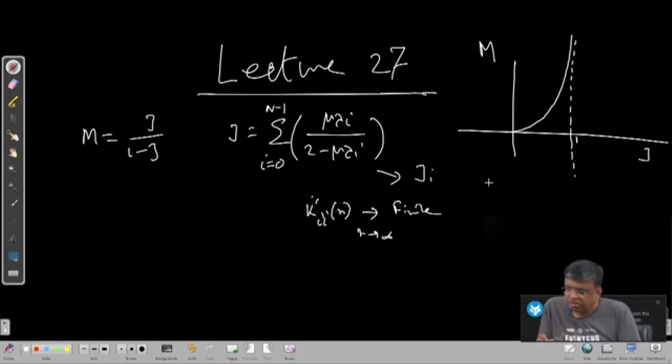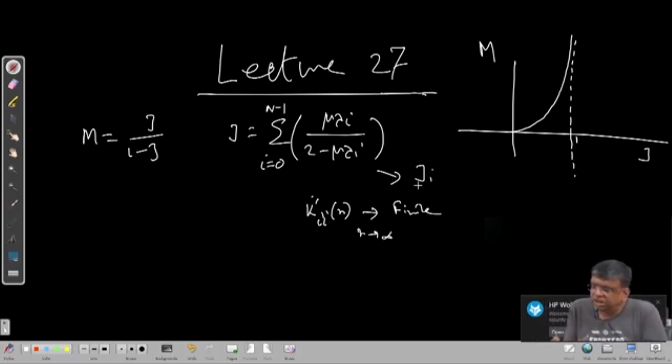So, what we did, we are plotting J. So, J0, J1, J2, we consider the case where lambda is lambda max. All lambdas are positive because they correspond to the eigenvalues of the input autocorrelation matrix, which is positive definite. So, if we consider the lambda max case, see this J_i, for any J_i, it shoots up to infinity only when your denominator is 0, that is when mu equal to 2 by lambda i at that value. So, if it is lambda max, the 2 by lambda max will come first if we start from the origin,